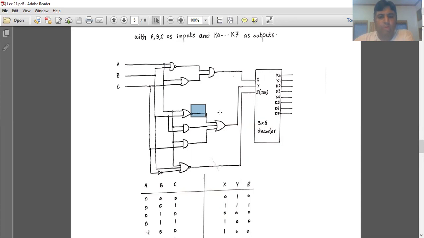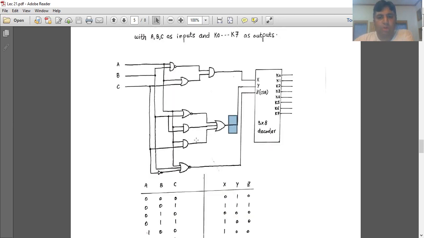We can determine the output of this gate and this gate, but we will stop here, because this is an OR gate, and an OR gate gives you a 1 output if any of its inputs is equal to 1. We have already received one of the inputs as 1, so we conclude that this output Y will be equal to 1. We don't have to analyze the values of these two gates, because if one input of an OR gate is 1, then it will have a 1 output. So Y will be equal to 1.